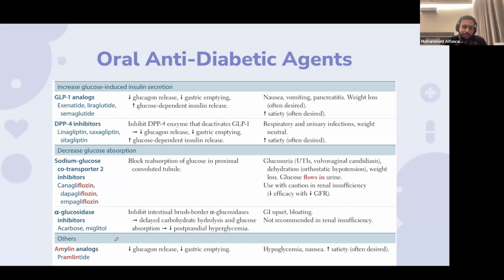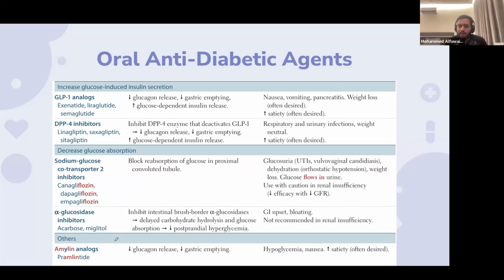Okay. The next one is DPP-4 inhibitors, which will cause an increase in the GLP-1 because you won't be able to inhibit it, which is by the leptins, okay? Linagliptin, sitagliptin, and so on, okay? The way I memorize it, just memorize leptin, okay? So these will inhibit DPP-4, which will not be able to deactivate GLP-1, and then you'll have all the effects